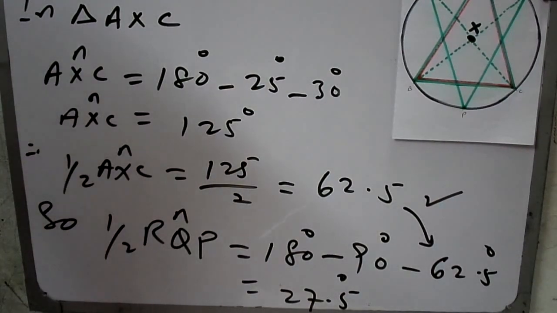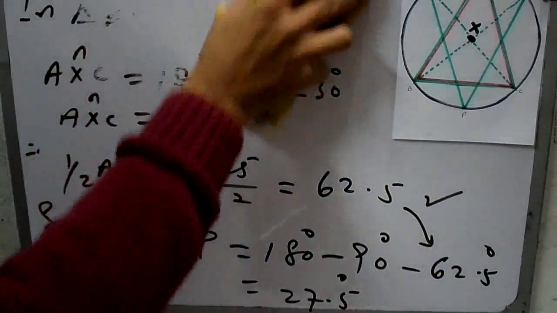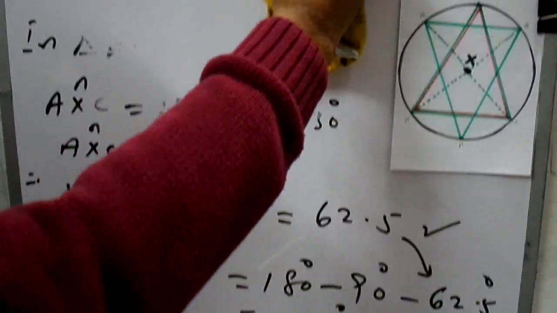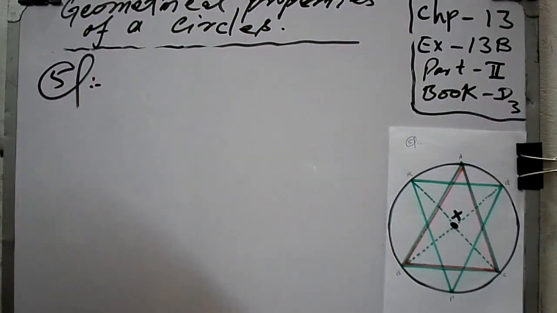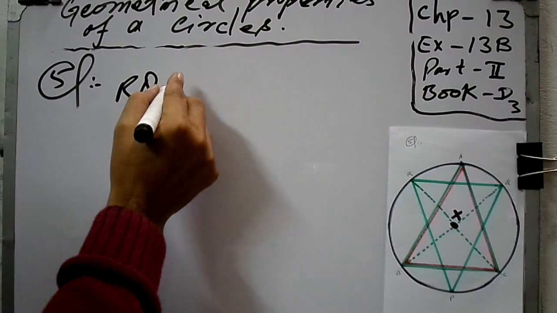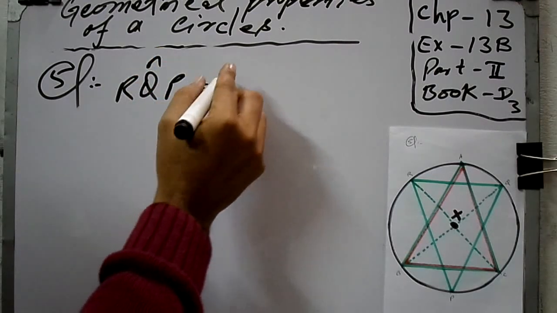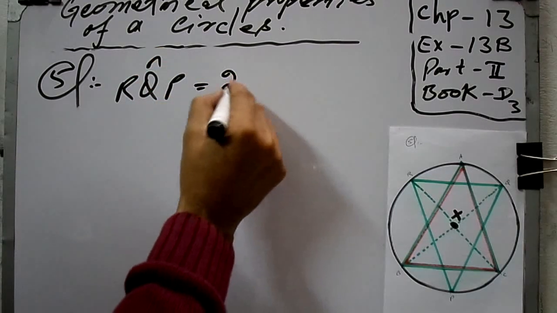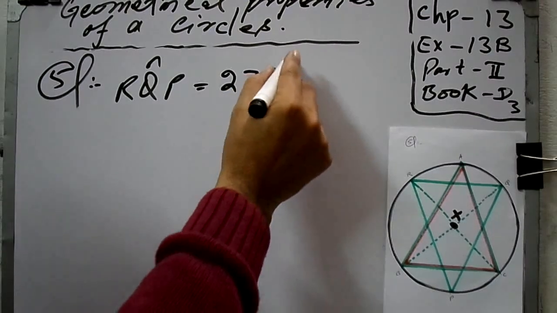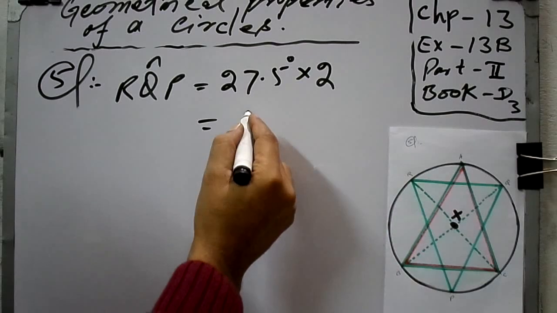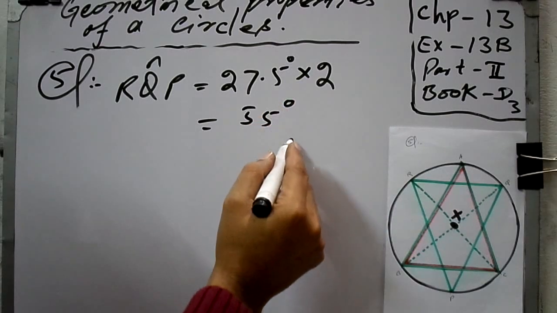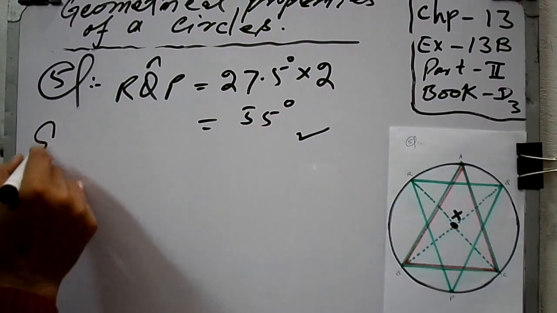So if you see the configuration carefully, you will come to this conclusion that still you have to calculate more things. For example, the RQP is equal to this. 27.5 must be multiplied by 2, because it is twice, so it will give you 55 degree. Similarly, now